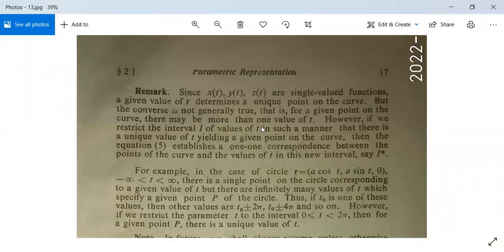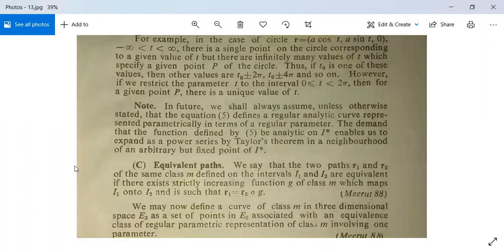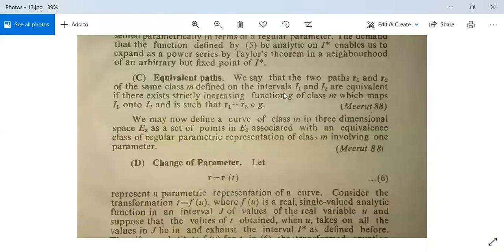However, if you restrict the interval I of values of t in such a manner that there is a unique value of t yielding a given point on the curve, then the equation 5 establishes a one-one correspondence between the points of the curve and the values of t in this new interval, say I star। तो देखो, जैसे सर्किल पे अगर कोई पॉइंट है तो उसके कॉरस्पॉन्डिंग तुम्हें दो वैल्यू मिलेगी t की। और अगर सर्किल x square plus y square is equal to a square कोई सर्किल है तो t की ढेर सारी वैल्यूज मिलेंगी, इनफाइनाइट वैल्यूज मिल जाएंगी। तो इसीलिए इसका कन्वर्स ट्रू नहीं है।